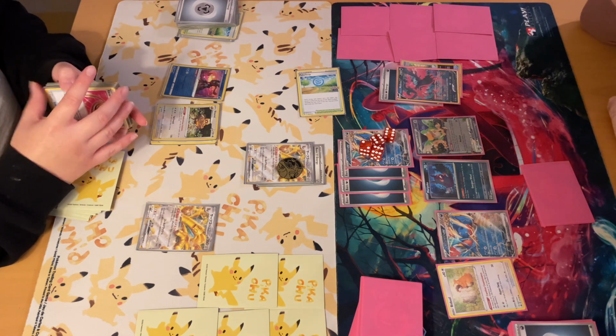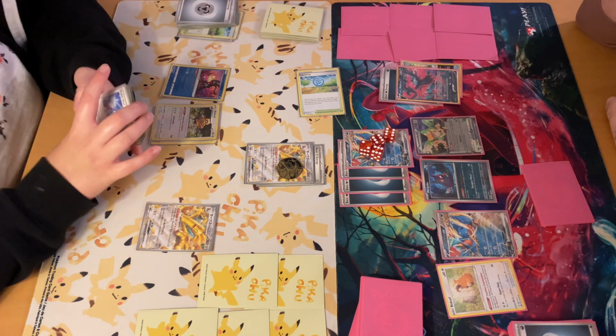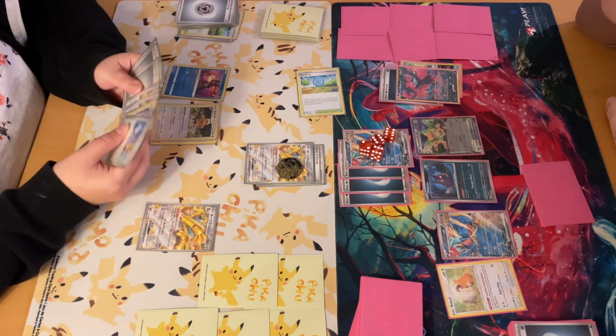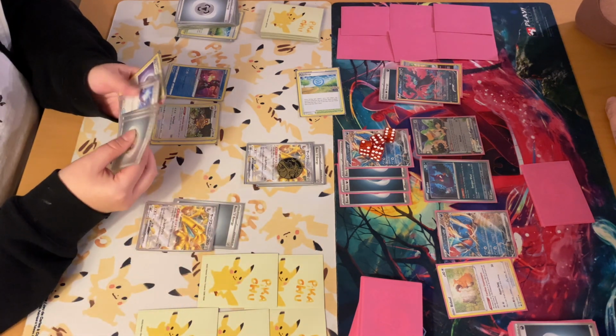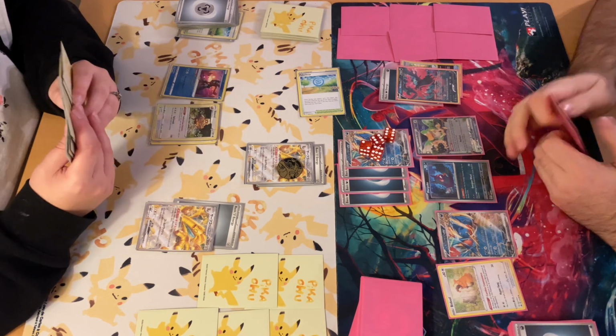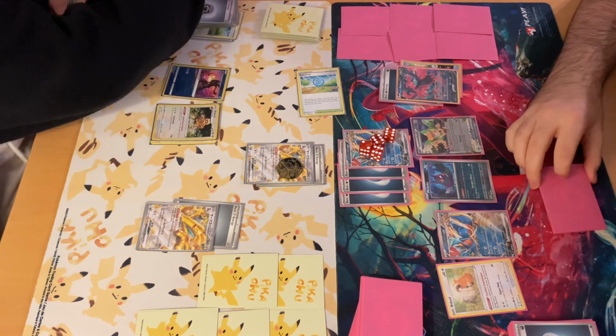So it is going to be a Gholdengo going down. And we are going to see some more drawing here. That deck is looking awfully thin already. I've got a ton of resources, obviously the Super Rod and other things to bring back stuff when we need them. So it's not the end of the world here. Just a ton of cards in hand. And we're going to see...